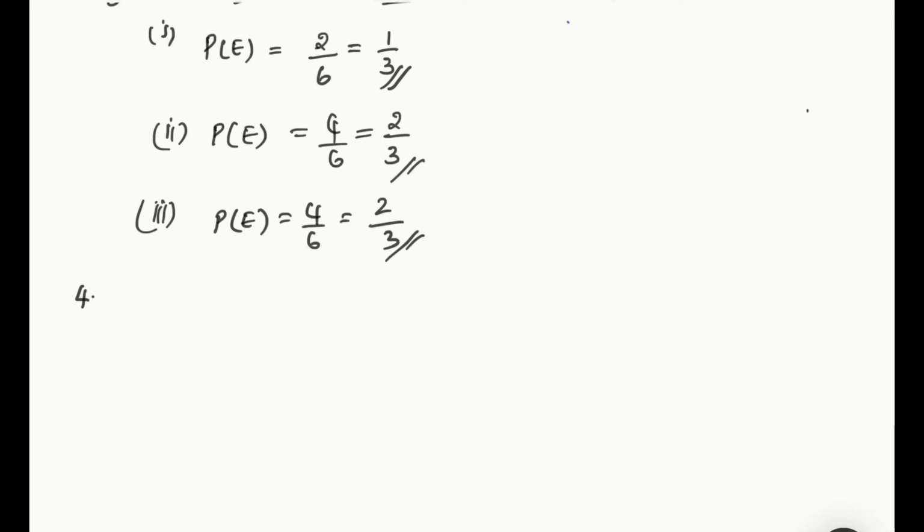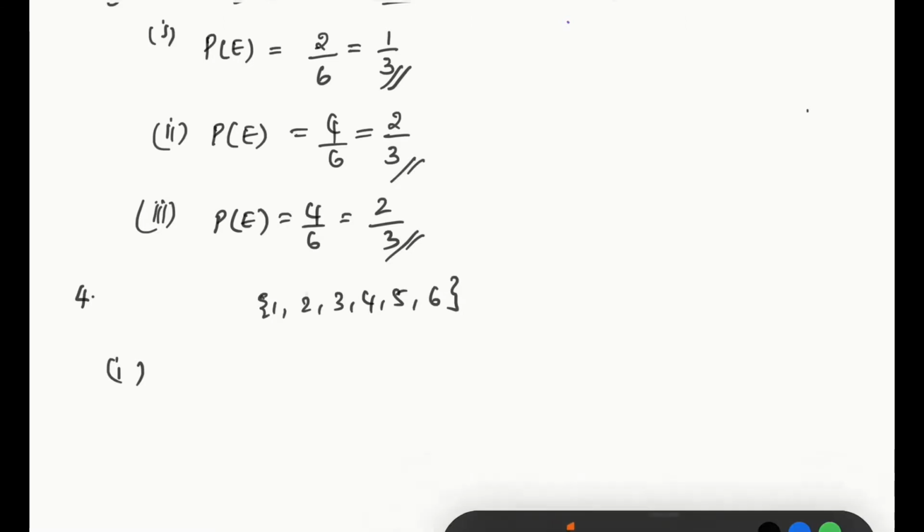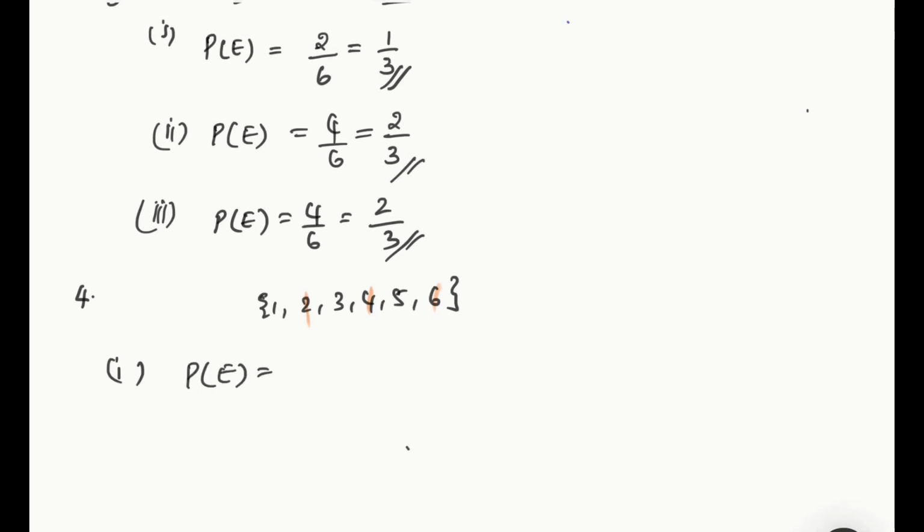In a single throw of a dice, find the probability that number will be even number. Again, dice, if I take again, what are the total number of outcomes? 1, 2, 3, 4, 5 and 6. First sub question, will be an even number. How many even numbers are there in this? You know it's 3 even numbers, right? 2, 4 and 6. So what is the probability of getting even number? P of E will be equal to 3 possibilities, 3 by 6. Total is 6, that is 1 by 2.